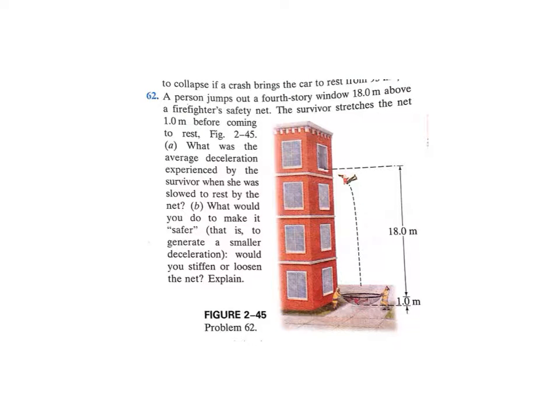Okie dokie. So here is an explanation of question number 62 from our homework for week 3. There are a lot of students asking about this. So here it goes. We have this situation, there's a diagram, somebody is jumping or stepping horizontally out of a